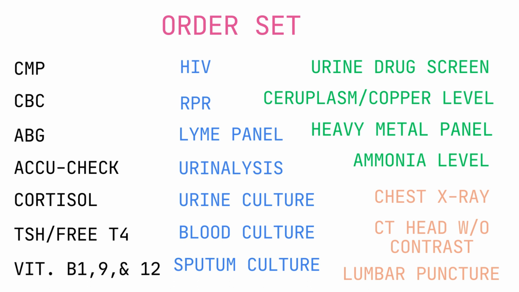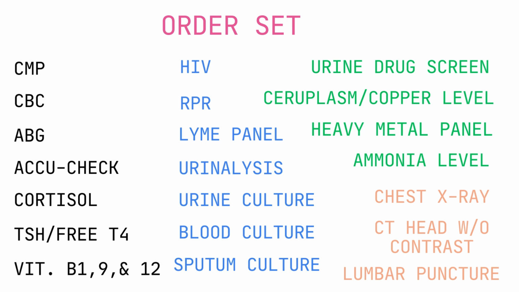I also wanted to show an order set of things that you can create either on Epic or Cerner, and create a little folder to help you quickly put in orders for any patient that does present with altered mental status. I included a CMP for electrolytes, CBC to look for infectious causes, ABG for hypoxia and hypercapnia, AccuCheck to quickly rule out hypoglycemia, cortisol levels, TSH and free T4 for thyroid, B1,